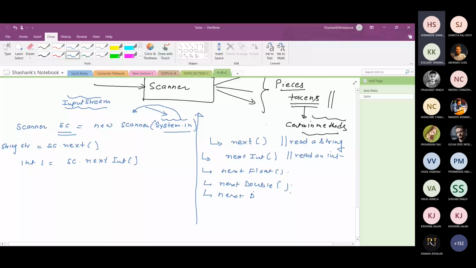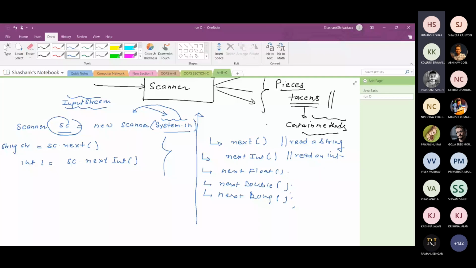There are various methods to read different data types. So with sc, the Scanner class object reference connected with the keyboard, you can read the data from the keyboard. If you would like to read a string, next can be used. If you would like to read an integer, nextInt can be used.